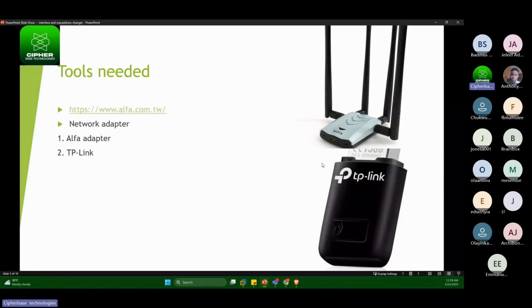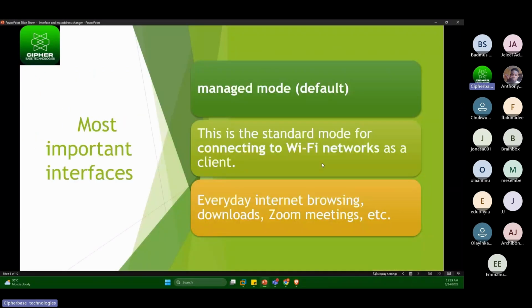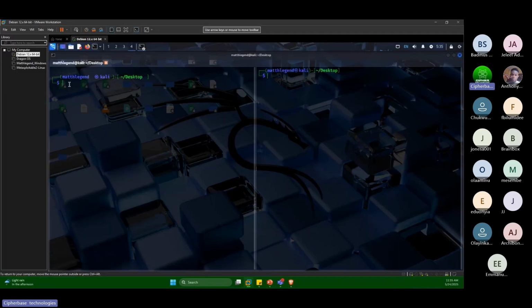So now that I've shown you this particular one, what we need to do first is change our network interfaces, from managed mode to monitor mode, and from monitor mode to master mode. So now let's go to our terminal. The first thing you need to do, if you want to change your interface mode,